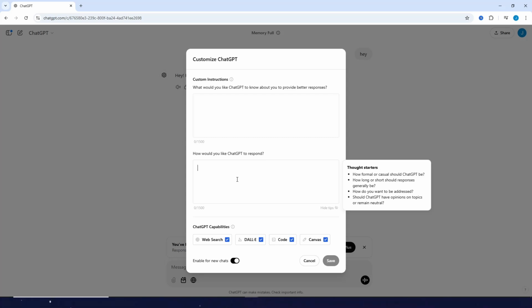And then as for the ChatGPT capabilities here, you can check the ones that you want to enable ChatGPT to do, or what ChatGPT is capable of doing. Okay, and for the enable for new chats, you can either toggle this on or off, and after that just click on save,